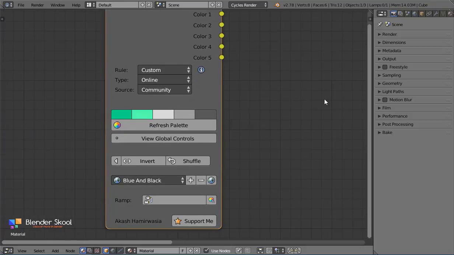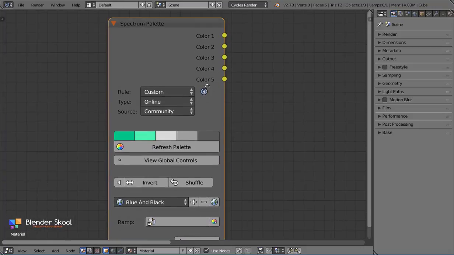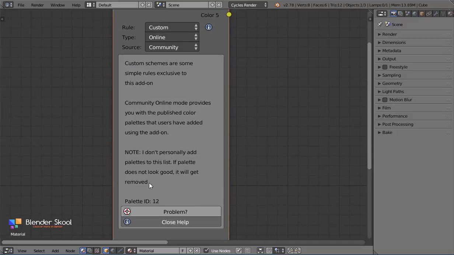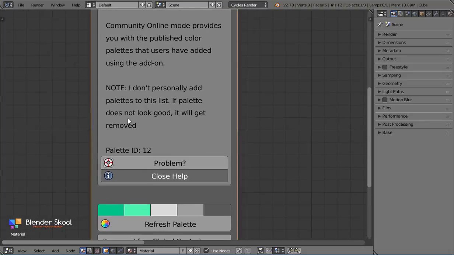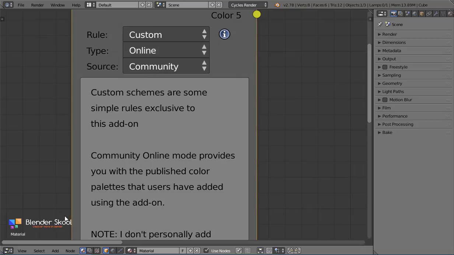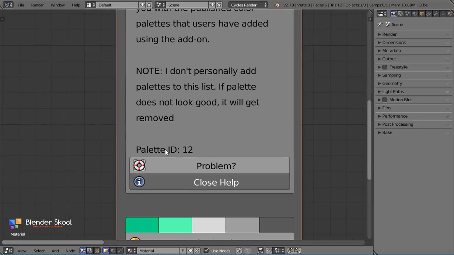So it's published to the internet, and any Kaleidoscope add-on user can also access it and use it with the scene. So yeah, you can read about it, and this palette ID over here, which is there for all the online palettes, is basically like an ID value which is unique for each and every palette registered